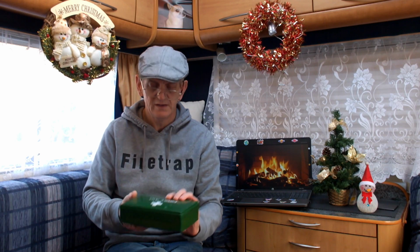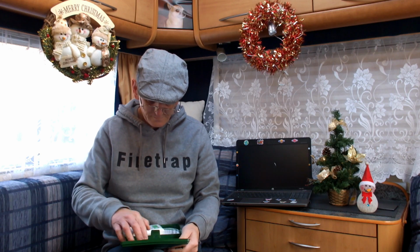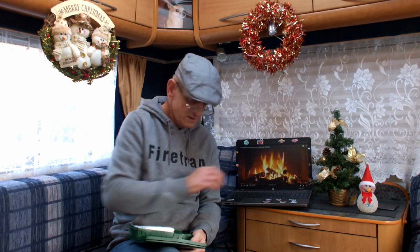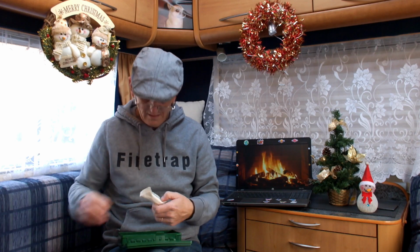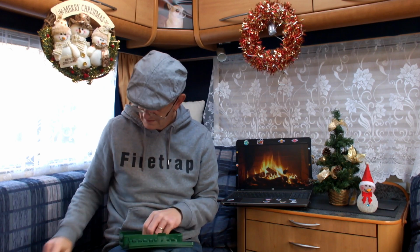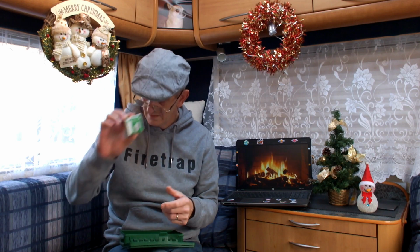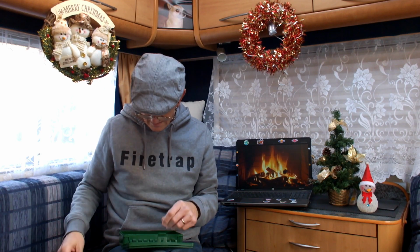Similar sort of price, £7 to £10, Halfords. Let's see what we get. It's got a list of contents. Another triangular bandage, Smith & Nephew medium sterile unmedicated dressing. So eye wash, surgical tape holding one of the bandages on, safety pins, holding the bandages on again,